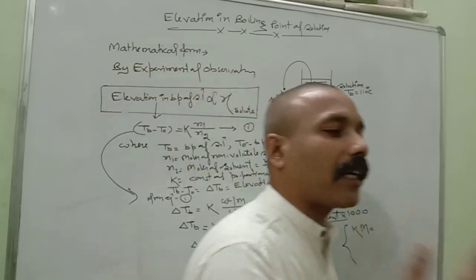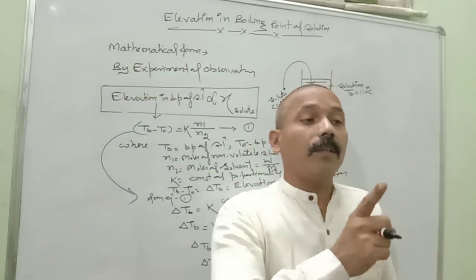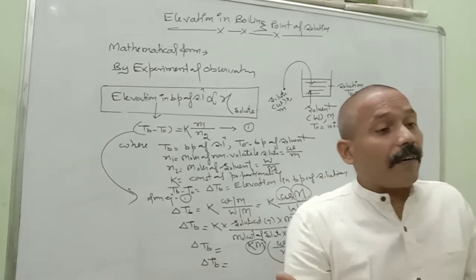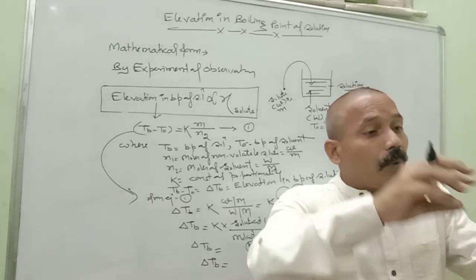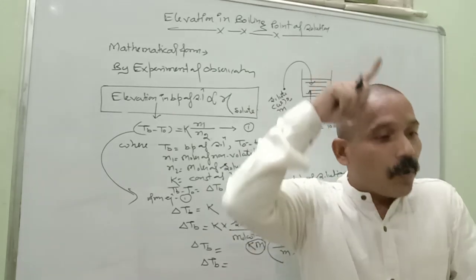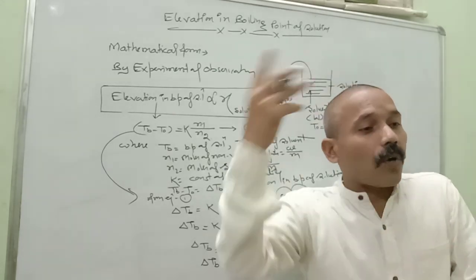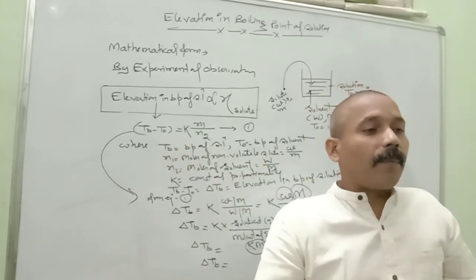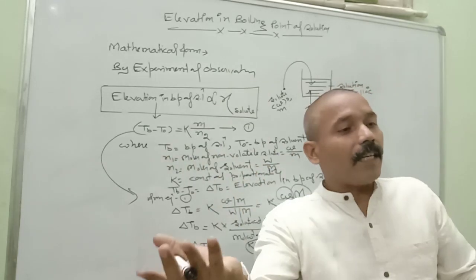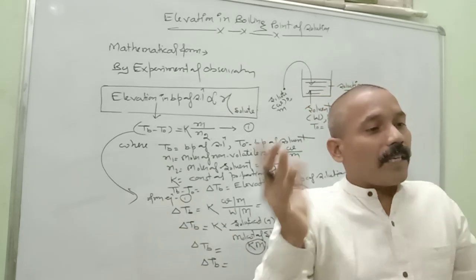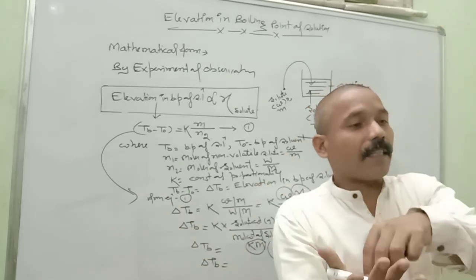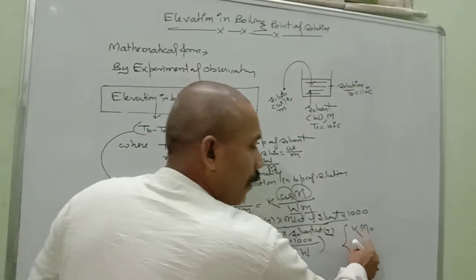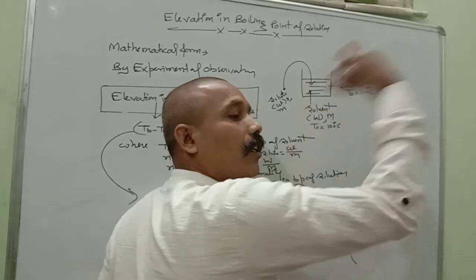Listen carefully, this is a very important statement. Capital M is the molecular weight of the solvent. Because you have prepared the solution, you know very well which solvent you have taken. If it is water, obviously the molecular weight will be 18. If it is any other solvent, you can calculate the molecular weight. So once the solvent is considered, the molecular weight is constant. Capital K is constant, M is constant, constant into constant gives a new term.